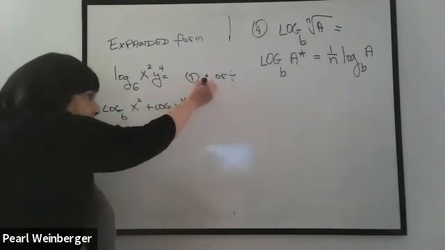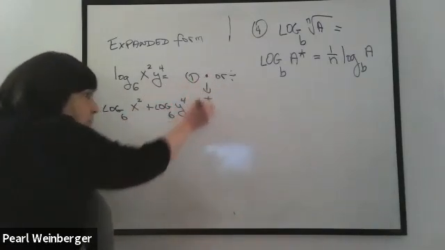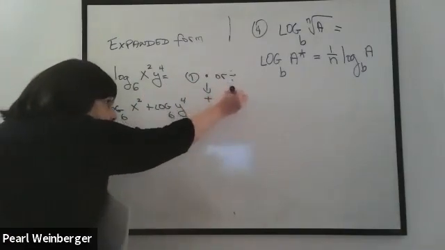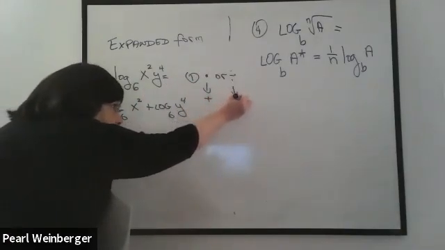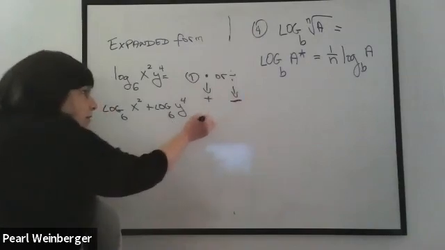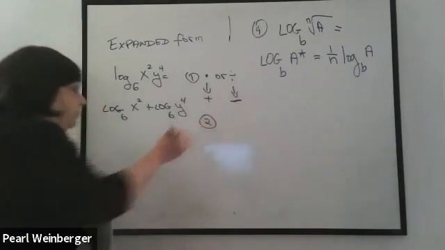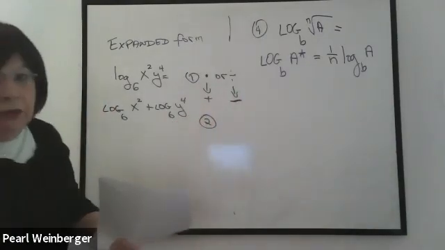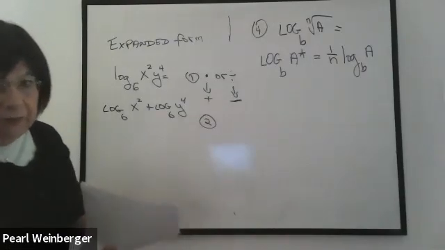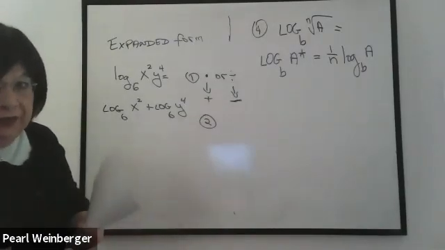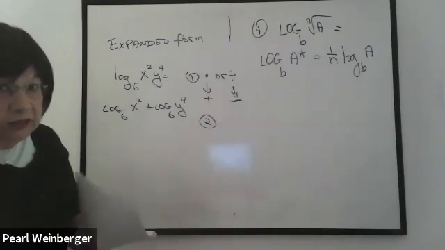Okay, remember, multiplication will change to addition. Division will change to subtraction. If the things are added already, then you can't simplify them. You can only simplify things that are either multiplied, divided,